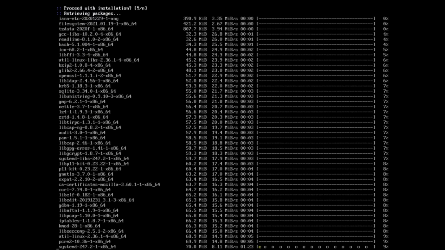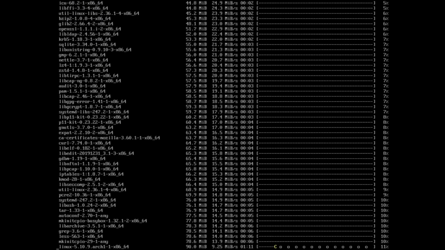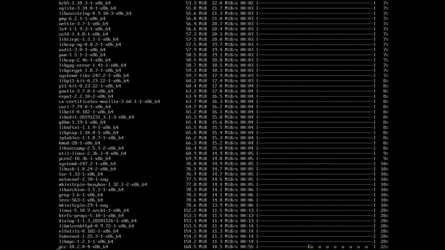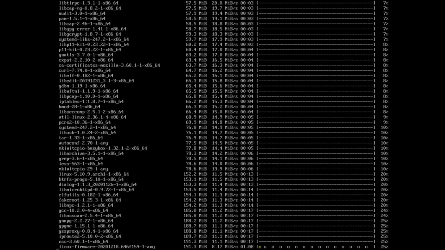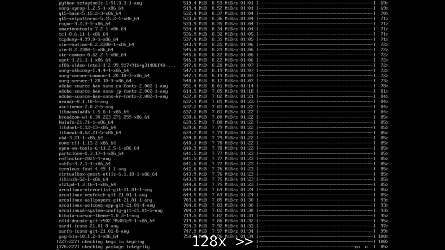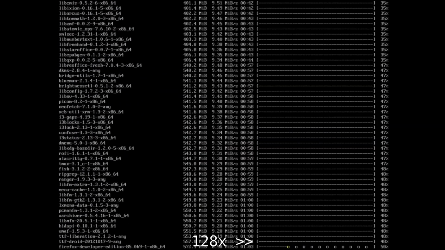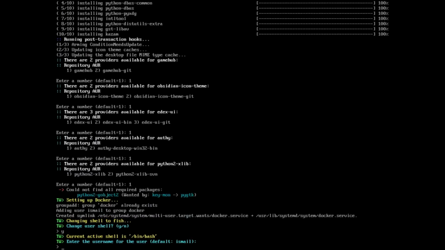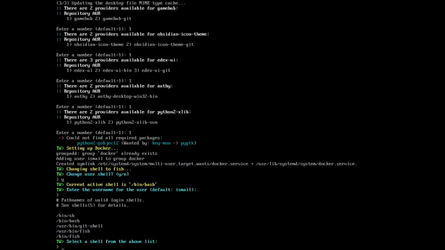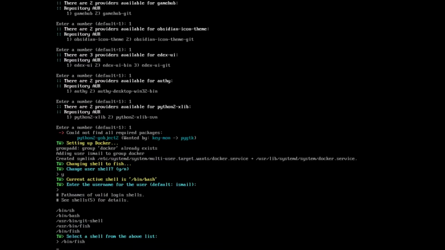Once YAY is installed, the setup then installs packages from the official archives through Pacman and then installs the rest of the AUR packages through YAY. This step is the one where we'll have to wait for the most amount of time, so I'll fast forward it as well. We take care of a few more steps before we start setting up the GUI. One of them is switching the default user shell to fish shell. This step is still not totally automated and I have to do some typing here.